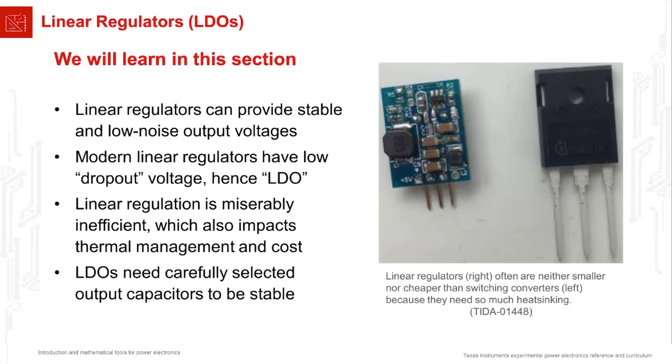We'll talk about the concept of dropout voltage, and we'll learn why linear regulators are often called LDOs. And we'll see that linear regulators are horribly inefficient, and there's also some other things that they can't do, which means they're not the ideal choice for most applications. Nevertheless, they do still come in handy. Finally, we'll make a note that the control loop of an LDO, in order to be stable, usually requires some amount of output capacitance. And for some LDOs, the choice of capacitor can be particularly important.